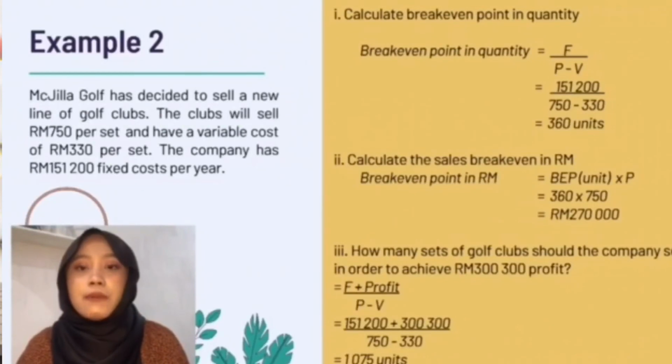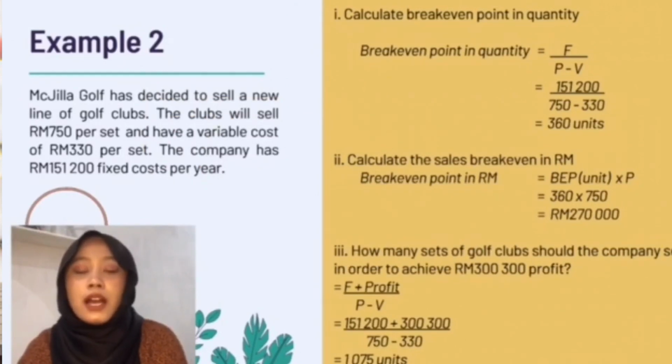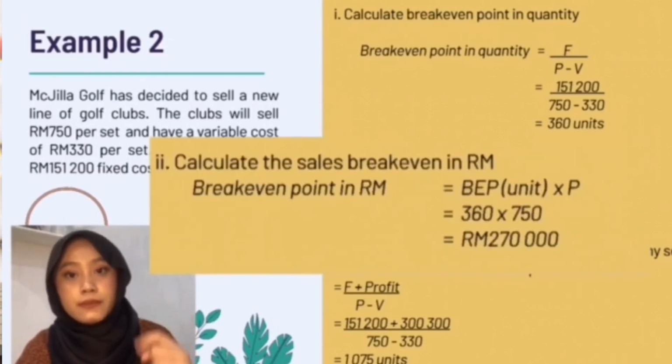Next, for example 2, the question is Najiah Golf has decided to sell a new line of golf clubs. The clubs will sell for 750 ringgit per set and have a variable cost of 330 ringgit per set. The company has 151,200 ringgit fixed cost per year. First, we need to calculate the break-even point in quantity using this formula, and the answer is 360 units. Next, the question asks to calculate the sales break-even in ringgit, and using this formula, you will get